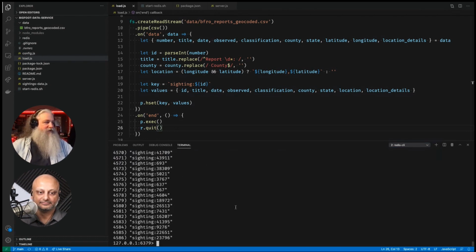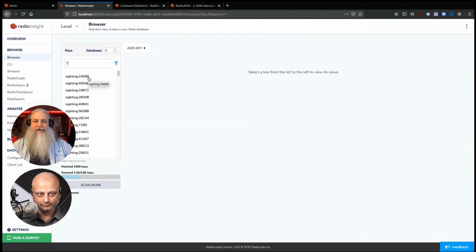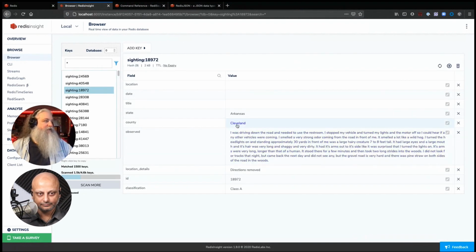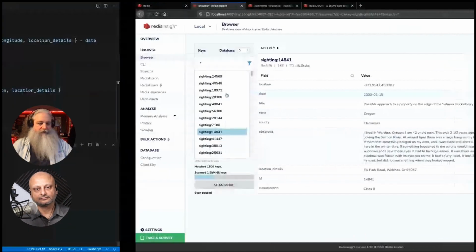So now if I do KEYS *, I've got 4,586 Bigfoot sightings that are conveniently stored in hashes. So if I do HGETALL, actually, let's look at this from RedisInsight, which is a little GUI for browsing your Redis database. So here we've got in Cleveland County, Arkansas, a Bigfoot sighting with no date or time. Let's find another one here. Here we go. So here's a Bigfoot sighting. It's got a location. It's got a date. It's got a title. So if we take the key and do an HGETALL,